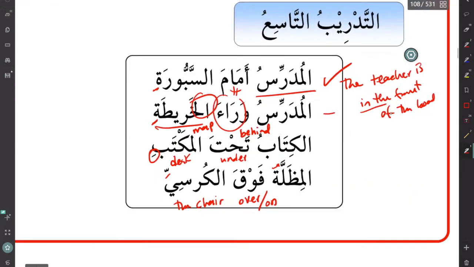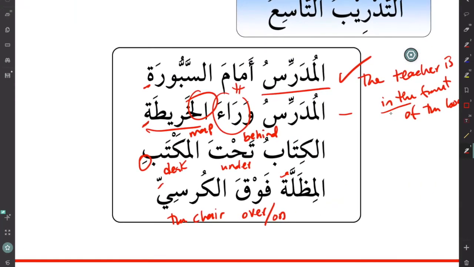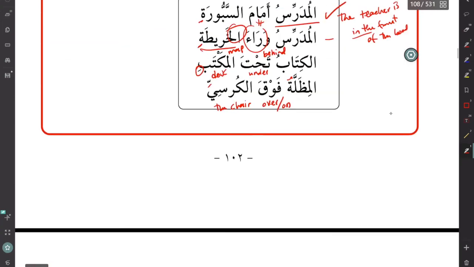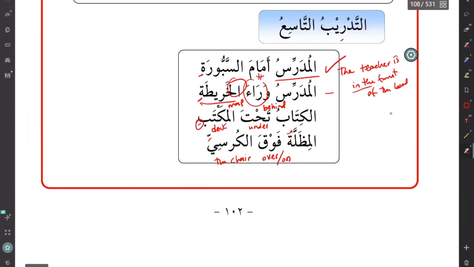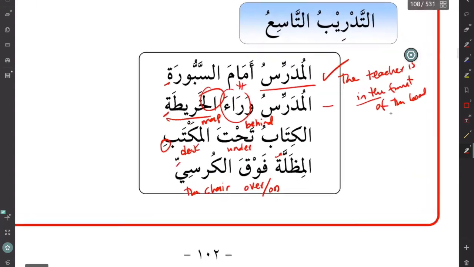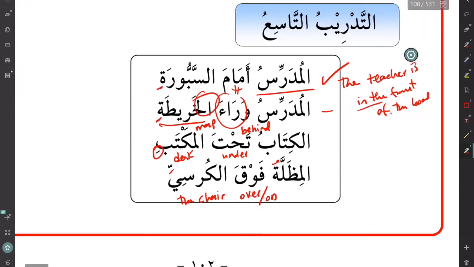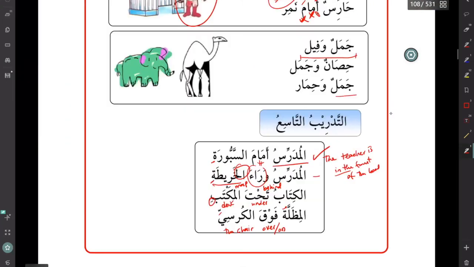Again, I really think you should be able to translate these things by yourself at this point, because of what's going to happen from the next unit. We're in unit 2 right now. Inshallah, we have one more muraja. The next lesson we're going to be doing the muraja. That's the last lesson of unit 2. Okay, so from unit 3, we will be getting sentences all the time. There will be a lot of sentences. We will get very little vocabulary, just one after another. So inshallah, we have to be a little bit comfortable translating these things. Even though I'm giving a translation, you should try these things by yourself and see if you can translate them. Okay, so with that, inshallah, we're done with